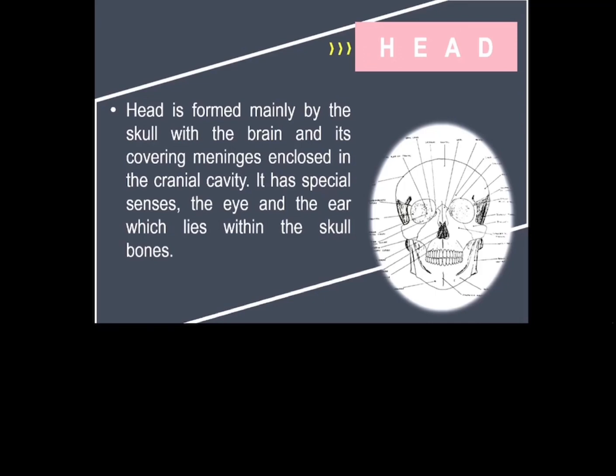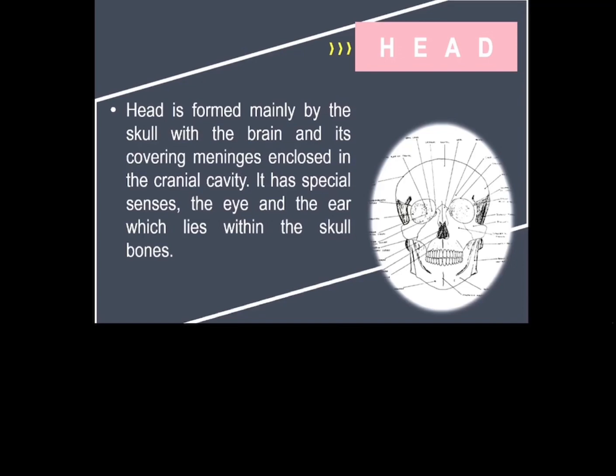Here we have the skull in its anterior view. There are several bones that comprise the skull, namely the optic canal, orbital plate, frontal, coronal suture, frontozygomatic suture, zygomatic, superior and inferior orbital fissure,